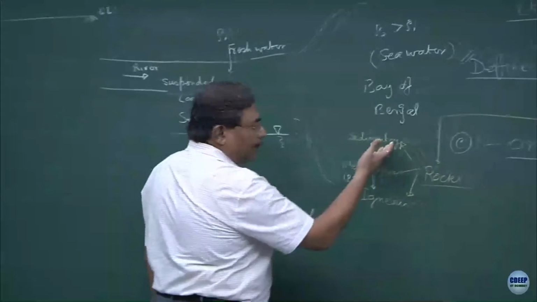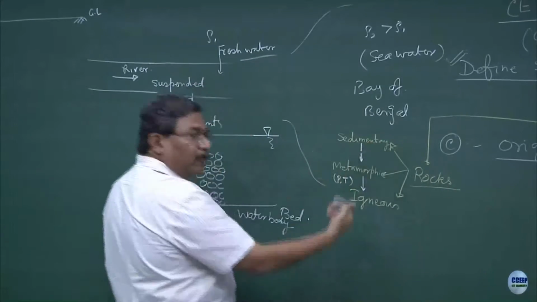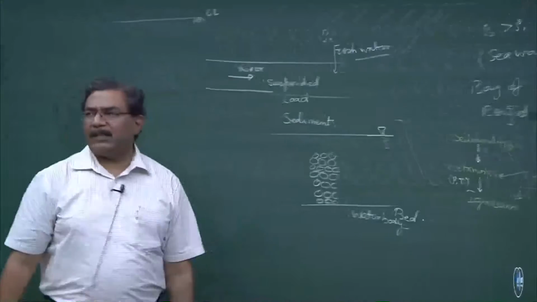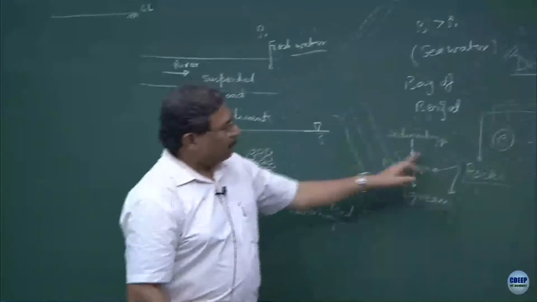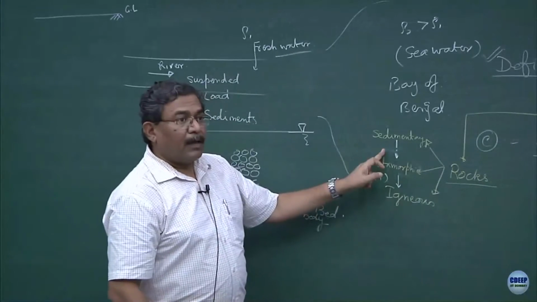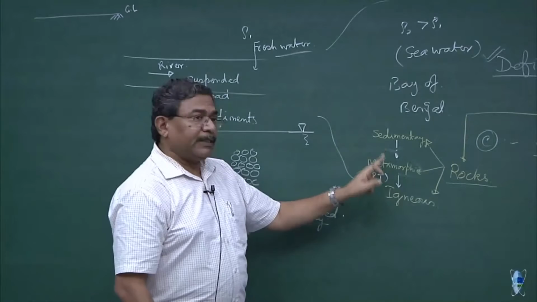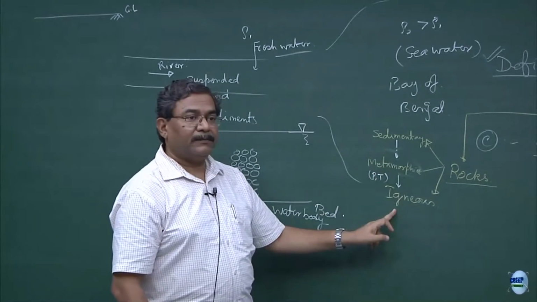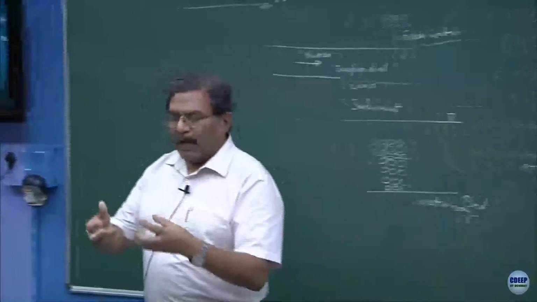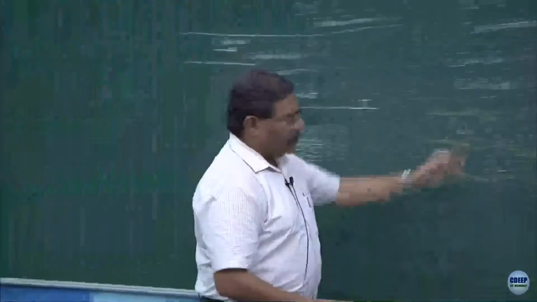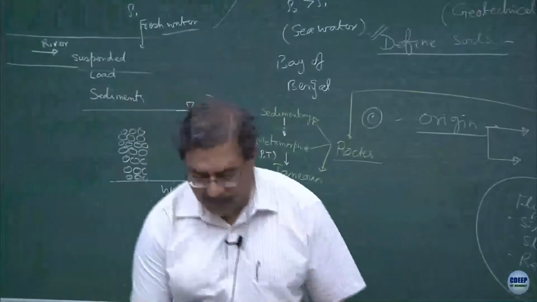Now, this system gets metamorphosed because of several things: pressure, temperature conditions, chemical conditions, temperature, fire, whatever, becomes metamorphic. Under extreme temperatures and pressure, this becomes igneous, it becomes magma, it becomes highly uniform system. So, these are the igneous rocks. I hope you are aware of some of the examples. You can write